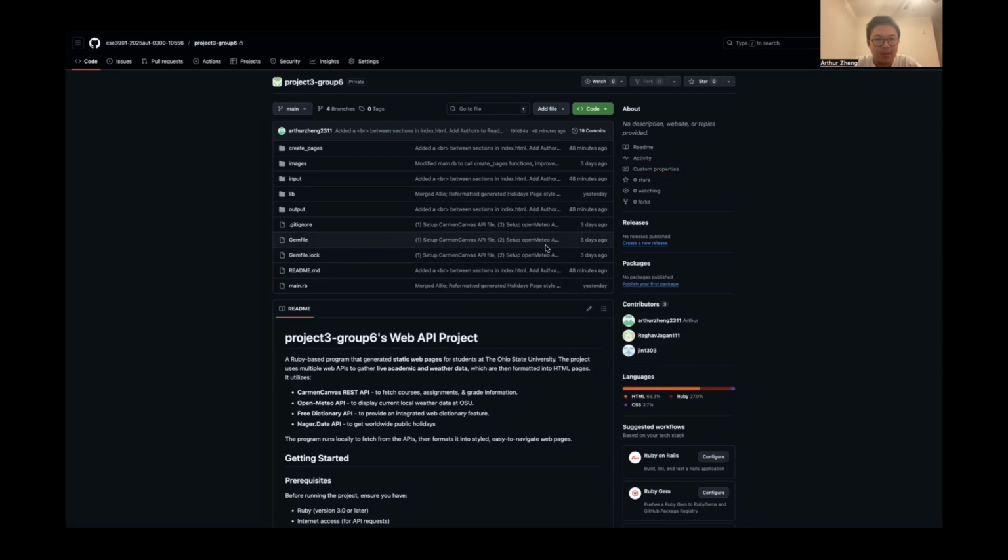So this is our GitHub page, and you can see this is a create pages folder. This is for all the Ruby scripts that create HTML pages. This is the images folder. This input folder has a few files that, when main.rb is run, it will generate pages using input from this folder. This library folder is for our Ruby scripts that generate